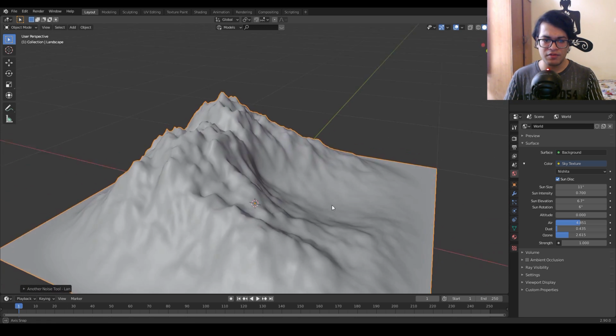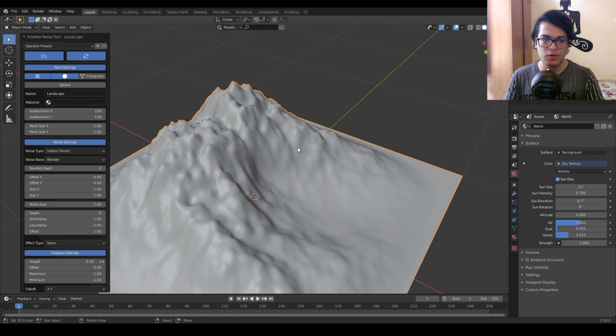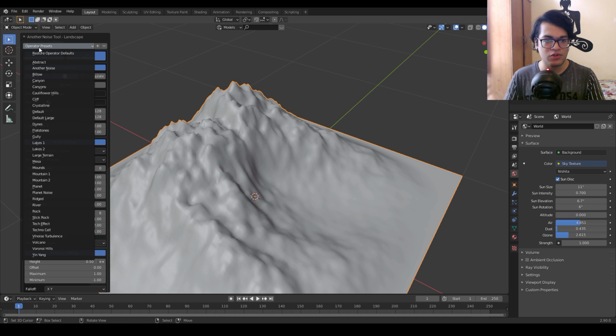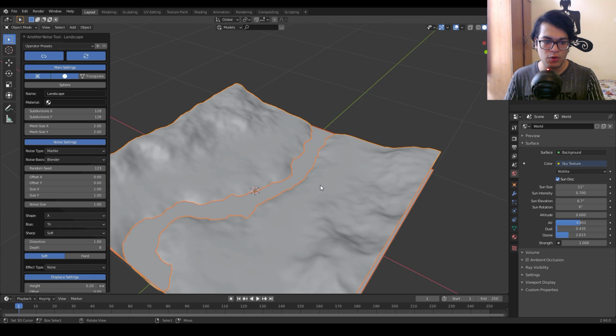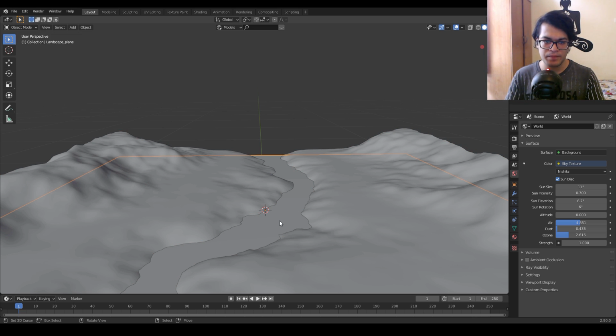As you can see, by default, we have this mountain. Now again, this completely depends on you. If you like this mountain, you can just use this mountain. I'm going to change my terrain to something else. This part of the landscape will be our ground plane. I used a basic river preset, so just change it to river. We don't need the river plane, so you can just select the river plane and press your delete key to delete that.